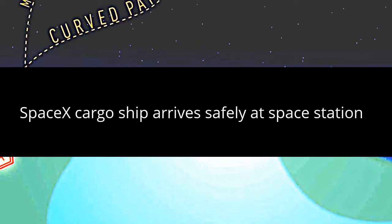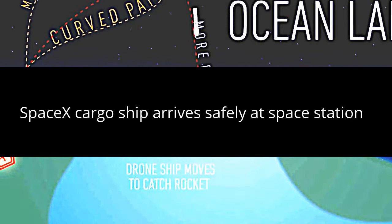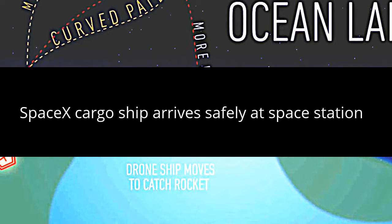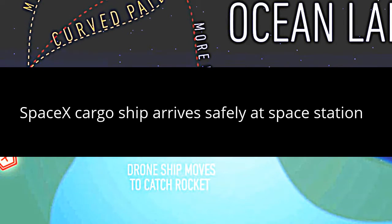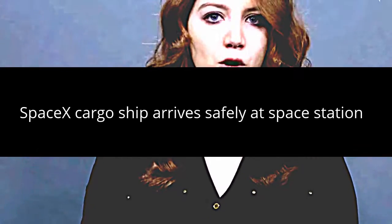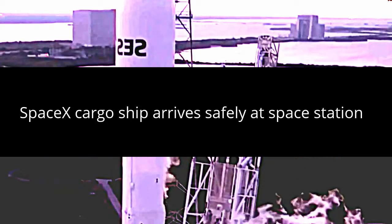But for ocean landings, the drone ship can position itself downrange of the rocket, or in the ideal place to catch the vehicle, on a more natural path back to Earth. That decreases the distance the rocket needs to travel and the amount of fuel needed to maneuver the Falcon 9 for landing. Not all of SpaceX's missions are even capable of performing ground landings, since some use up way more fuel than others. Rockets that launch heavy payloads